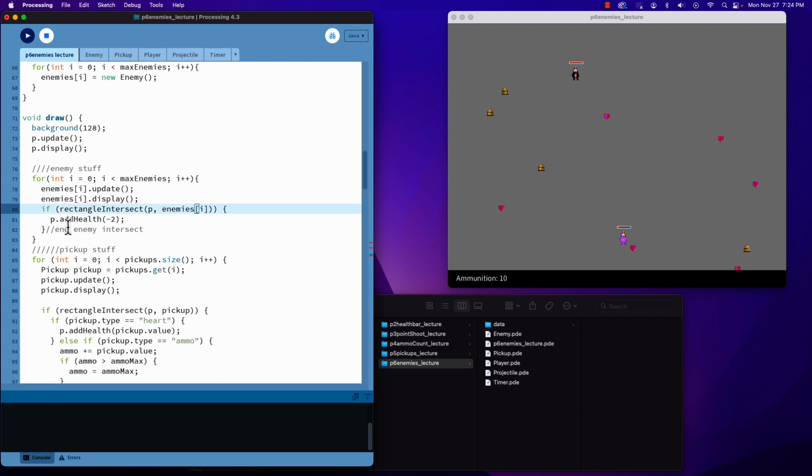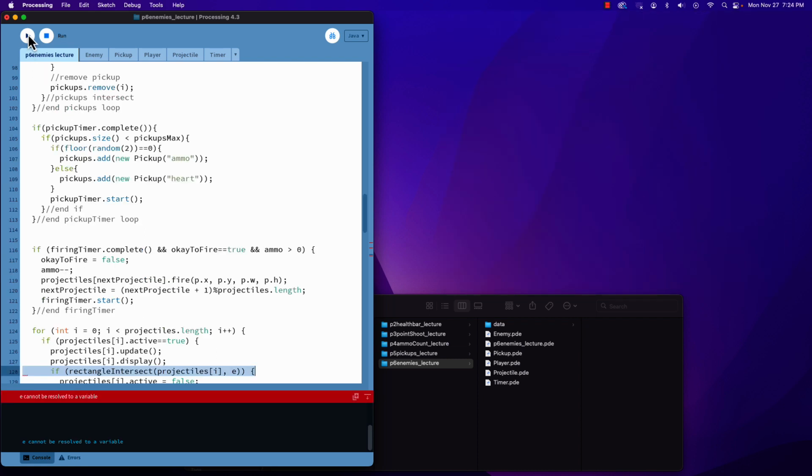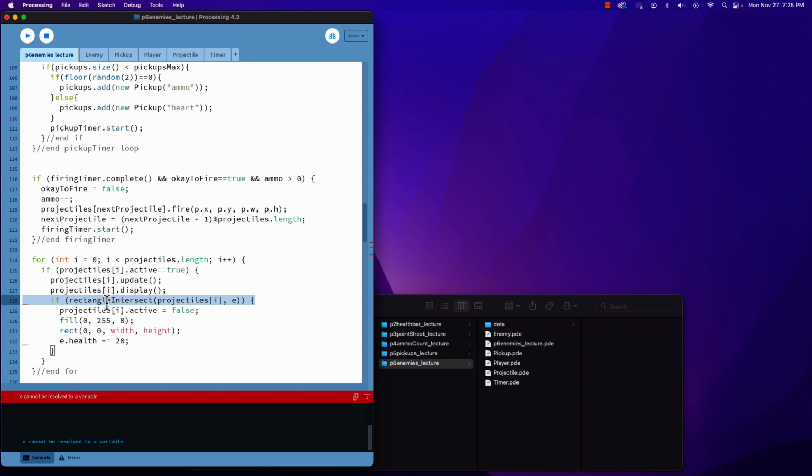Just like that. So now that adds in, so we have multiple enemies. We run this, we will see now the projectiles are having an issue because we have to now compare every projectile to every enemy as part of it. So we're going to have to run that inside a for loop as well. Because we're using I on this loop here,